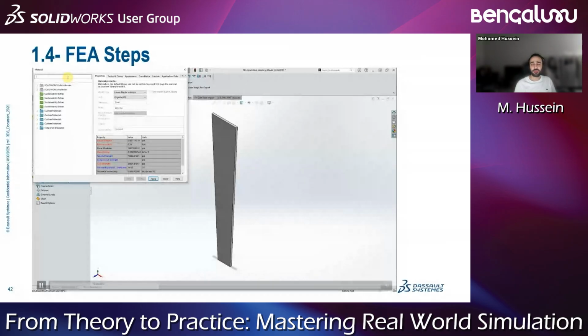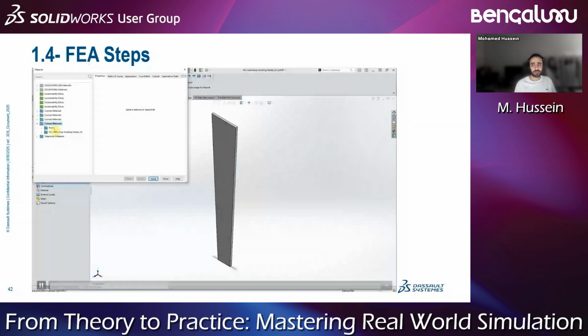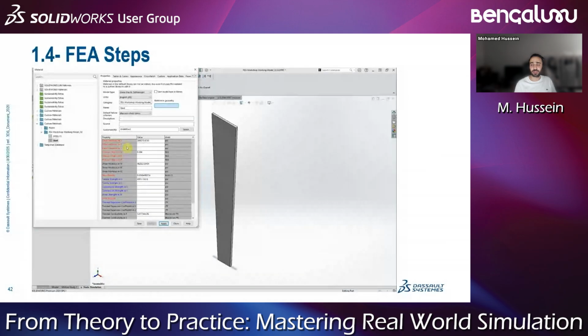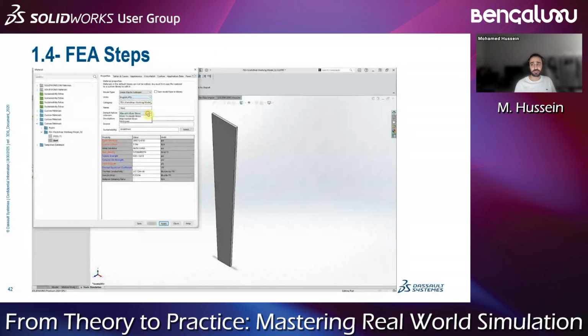But what if I couldn't find my material? I can come here and define my own material. I can define a new material. I can name it as whatever I want. For example, I can name it as steel. I can define my material model, and you'll find here that there is the first type of material, which is linear elastic isotropic, and orthotropic. I will talk to you about what are the differences between them. For now, I will define the linear elastic isotropic. If you remember from the first slide, I have all of this